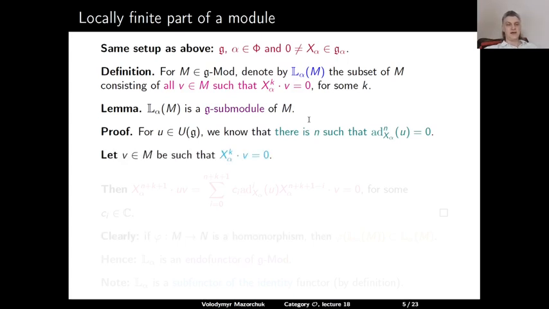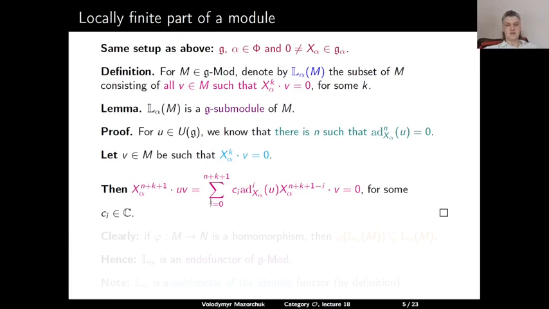Therefore, given an element v in M which is killed by the kth power of x alpha, we can do the following computation. If we apply the power n plus k plus 1 of the element x alpha to the image of v under u,